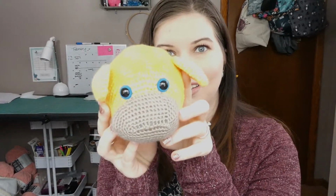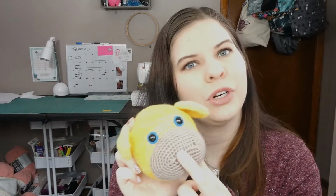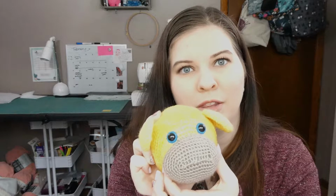I started this little guy on Sunday, and I have a finished head. This one is going much faster than the other one, I think because everything is in one piece on this one. You start in here for the head, and then you start with the muzzle right here, and you make the muzzle, and then you change colors for the head, and then the ears are separate, but you stitch the ears to the head while you're crocheting in the round for the head. I don't know how to explain it. This is why I'm not a pattern writer, but I think this one is working out so much better, so much faster, and I'm using